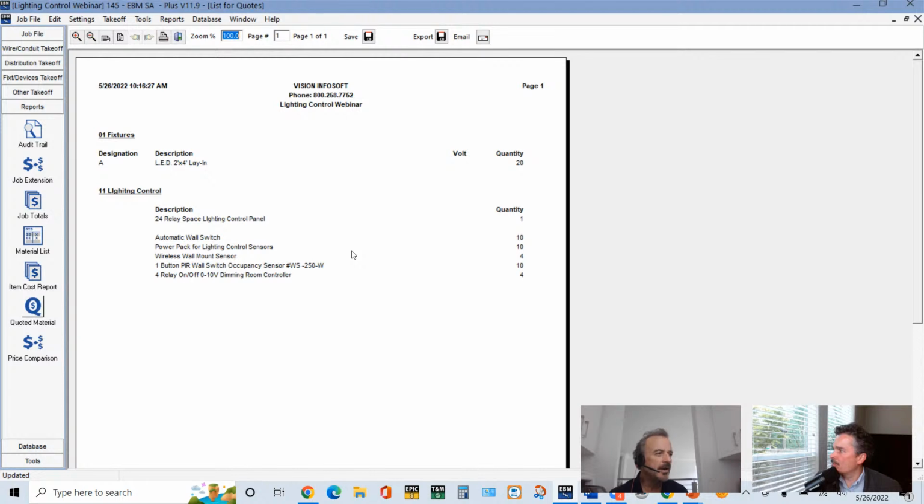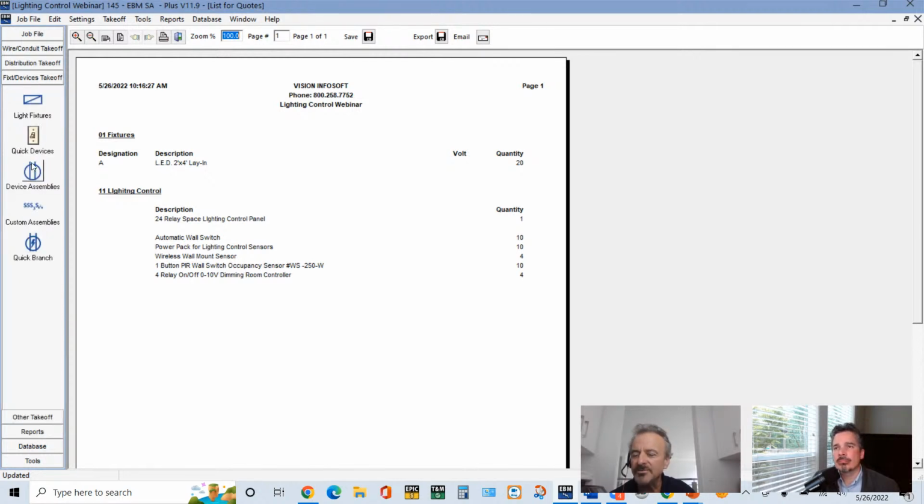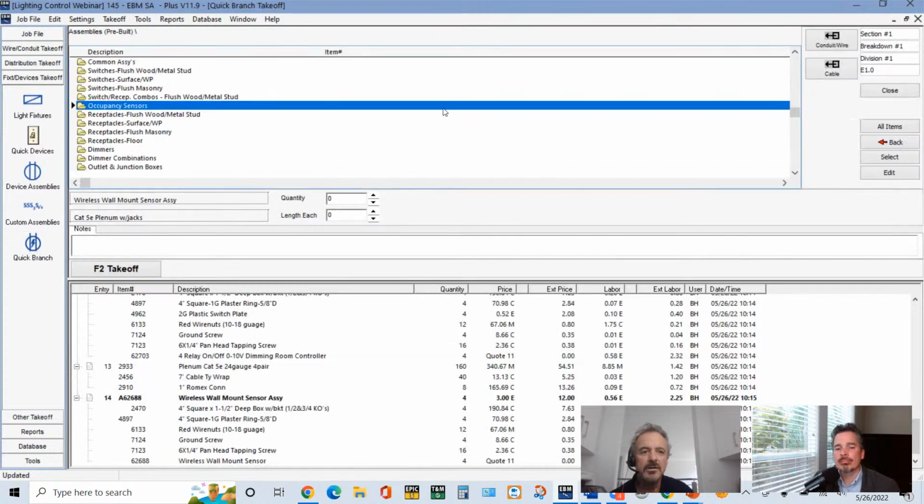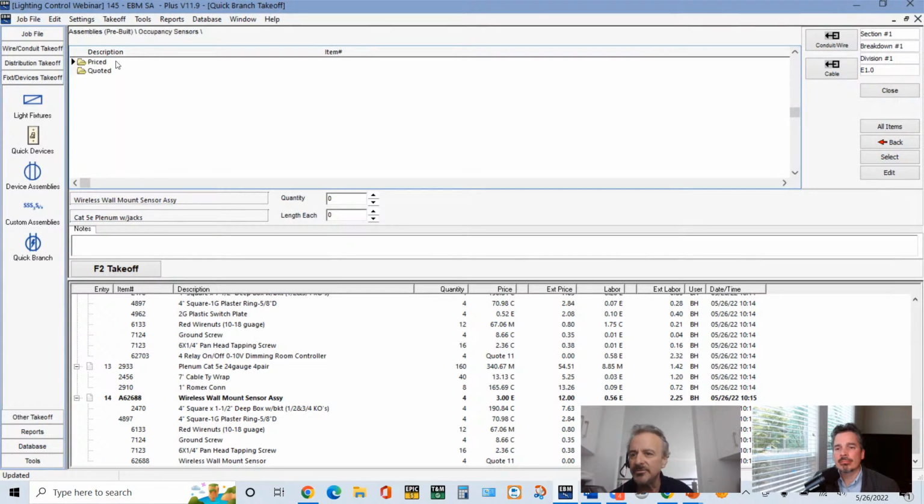It's just a matter of figuring out how you're going to wire the device and then finding it in EBM. So there's really, again, most of the wiring devices are going to be under either quick branch or device assemblies. And if you want to include the wiring with the device, you would go to the occupancy sensors and pick either priced or quoted. That's going to give you an assembly for the device and the box that goes with it. And then up at the top here, you can either do cable or conduit wire. Now you can also take off the cable and the conduit separately, just like you would any other part of the takeoff. If you go to cable,